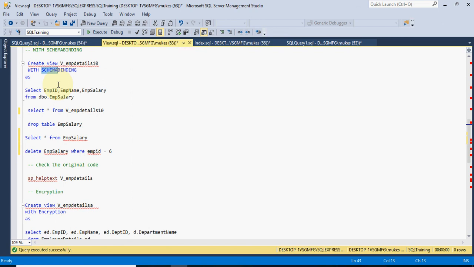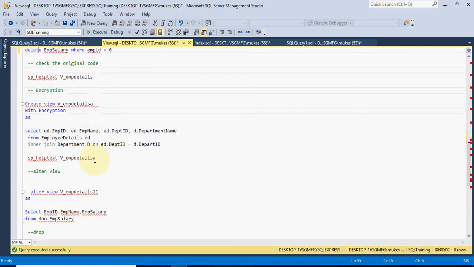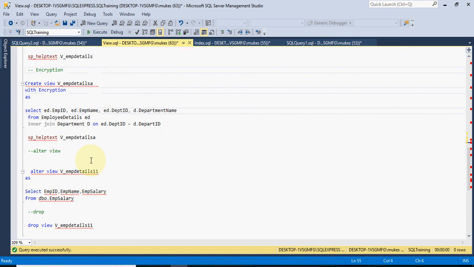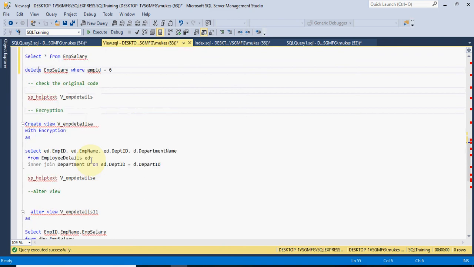Bind means together. We can delete in a schema-bound table, and we can truncate, because the table structure remains, right? But we cannot drop it.